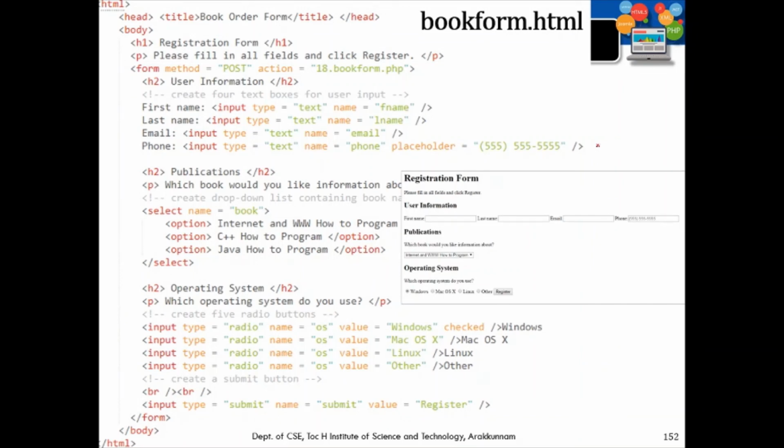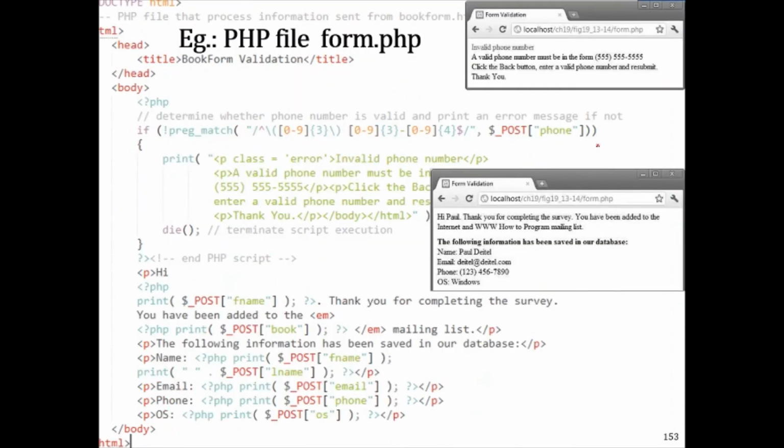Here is another example, using a bookform.html. Please go through this example. It is quite similar to what we have discussed right now. These are the outputs. This includes pattern matching also. So this form handling can be combined with any other applications.